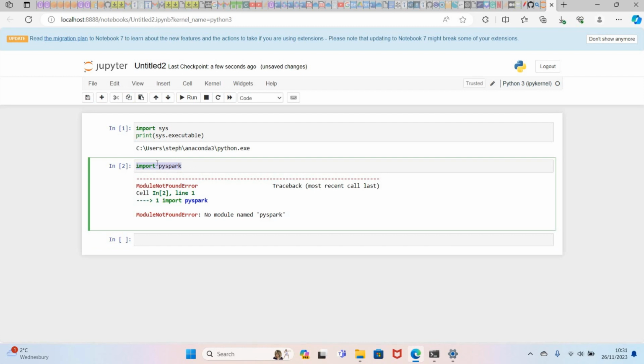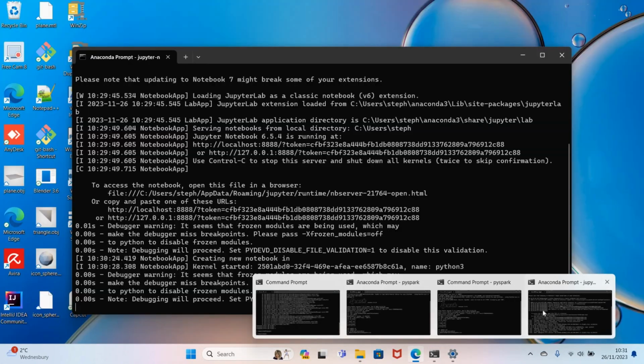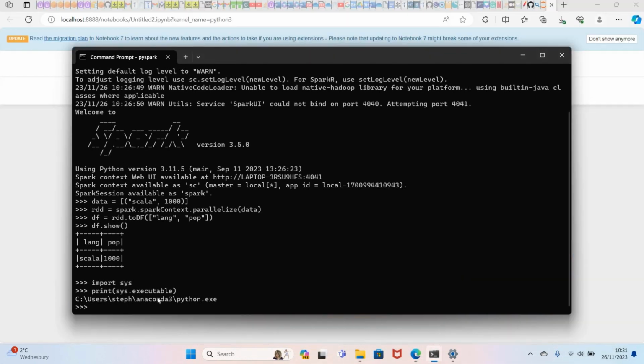What you need to do to run PySpark on Jupyter Notebook is basically, there are two ways. You can set up some variables, and the easiest way, I think, is by installing findspark. Since the Anaconda prompt and your command prompt are pointing to the same Python path,